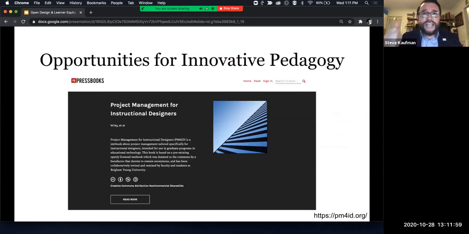Opportunities for innovative pedagogy. David Wiley took with his class a really cool project management book that was written for business majors and completely flipped it around. It's pmforid.org. If you ever want to check it out, I've read it. It's actually really good. But all of the examples were from a business context, and he and his students over the course of a few semesters rewrote the examples for instructional designers. This is a goldmine of information, right? Anybody who hasn't taken a professional development course for project management in the field of instructional design, this might be a go-to resource. This might be something that we read in maybe the QM IDA book club that we're talking about maybe at 4 o'clock today. Hint, hint, plug, plug.